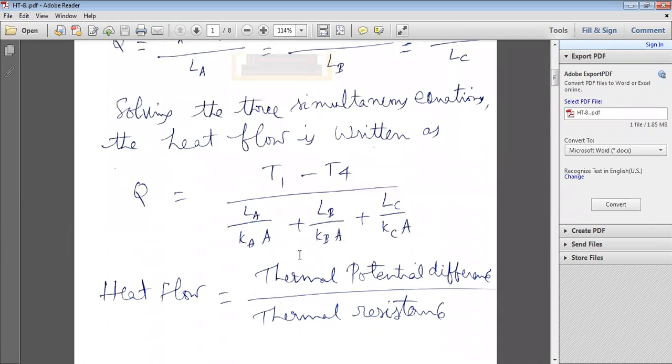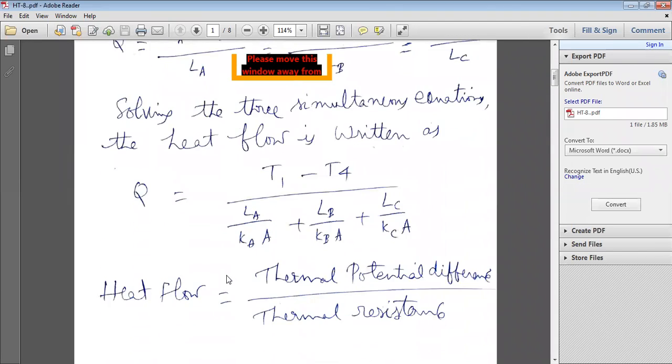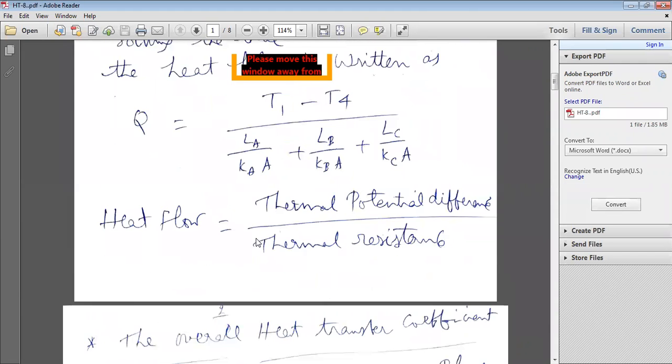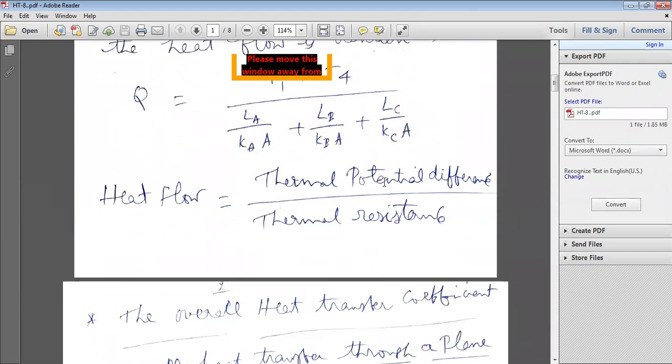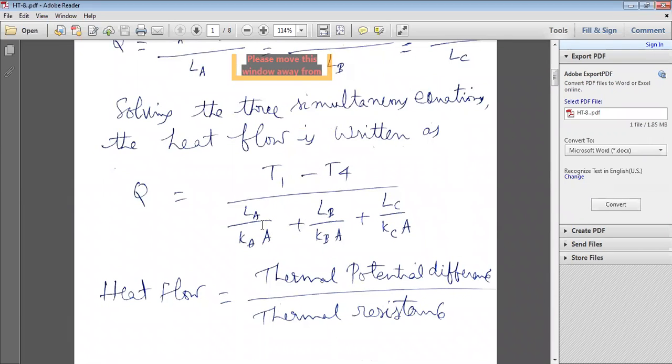So how do you calculate the thermal resistance? For series, R is equal to R1 plus R2 plus R3. If you apply the thermal electrical analogy, the overall thermal resistance for the three materials is R equal to R1 plus R2 plus R3. R1 is La by KaA, the resistance offered by material A. R2 is the thermal resistance offered by material B. R3 is the thermal resistance offered by material C, Lc by